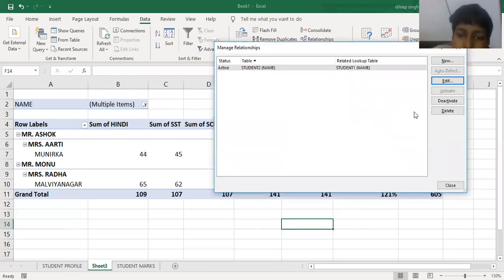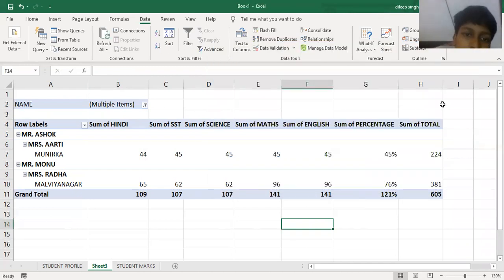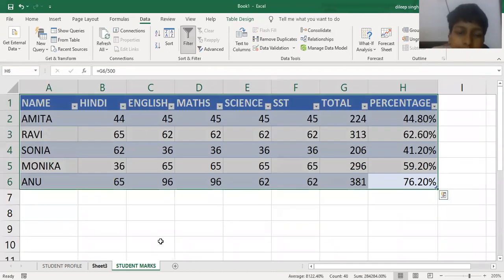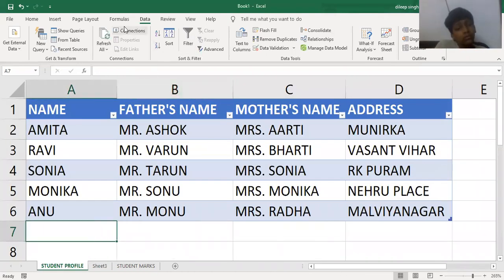And if you want to deactivate this relationship, just click on deactivate, it will remove. Or you can also delete this option. Understood? And here's the option by which we can make a new relationship. It is all about the relationship. Understood? Next option,